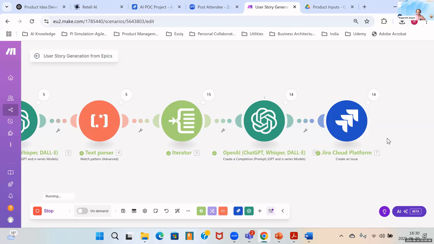Rajarshi, in the meantime, there is a question in the chat. How does that window pop up where GPT picks data from the doc and epics get populated? I want to understand the integration. Yeah, I can show that to you. It's quite straightforward, but since the processing is going on now, we need to wait for a while.